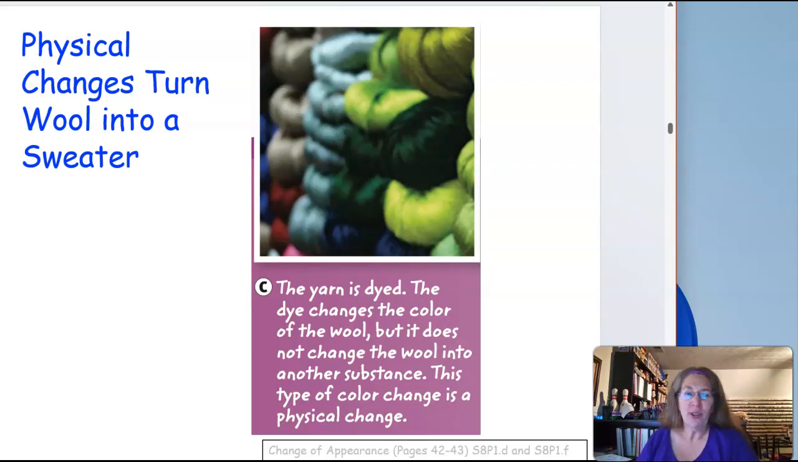So the question is for you, is that a physical change? Is it still wool? Or is it something else? Not wool,